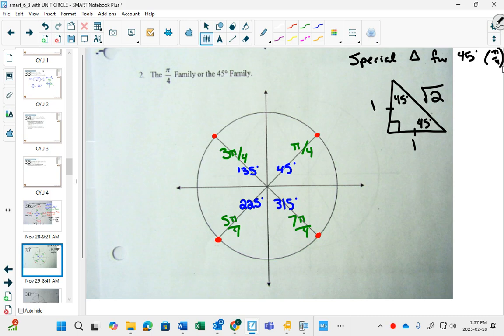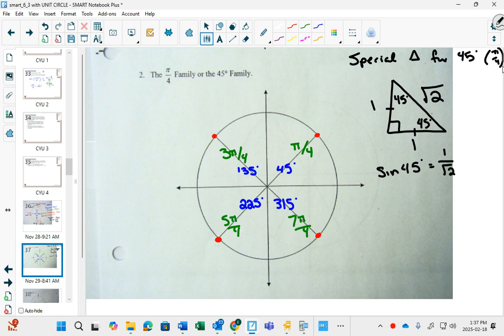I'll tell you, if you picked 5, then it would be 5, 5, and 5 square roots of 2. If you picked 10, it would be 10, 10, and 10 square roots of 2. It'll just be the same numbers, just a multiple of each of the sides, because you're making it bigger or smaller. But the cool thing about this is now we did that without a calculator, just knowing that it was an isosceles triangle, and I can now write that sine of 45 degrees is opposite, which is 1, over hypotenuse,